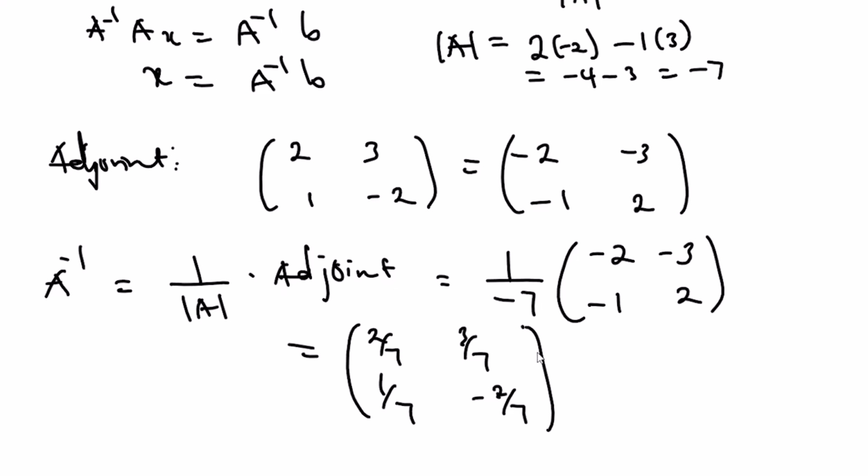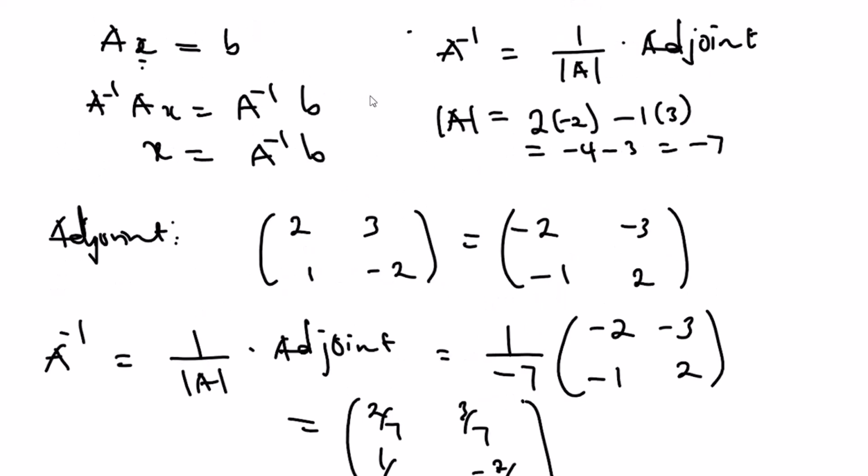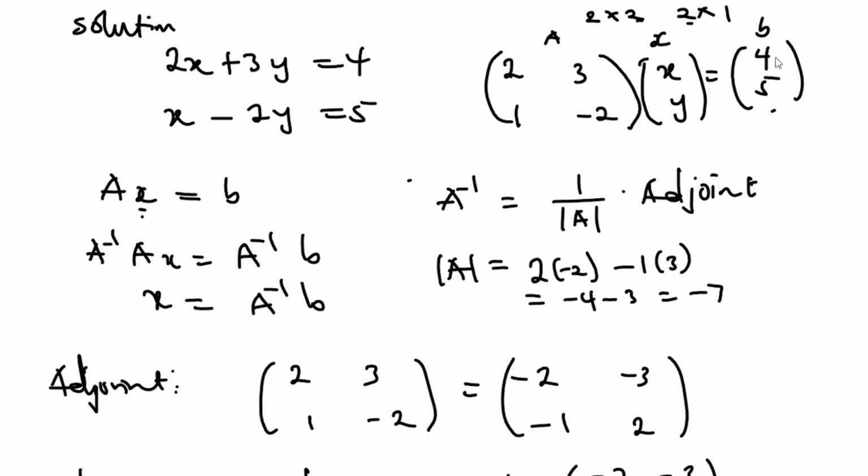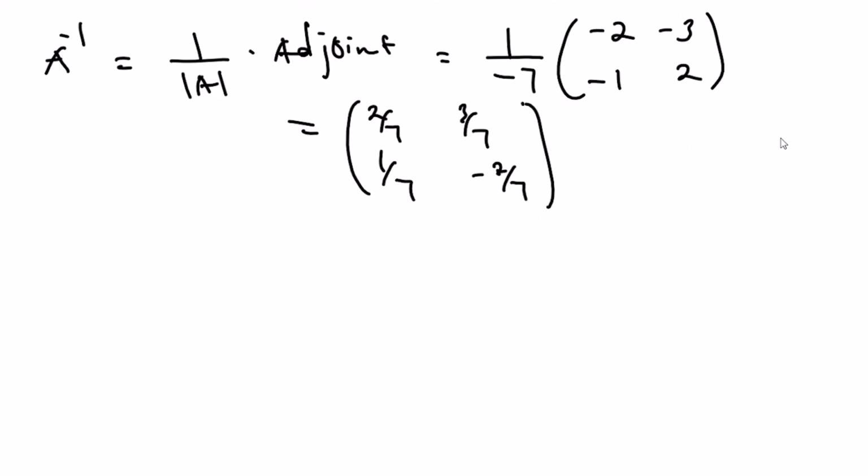Now remember we said that x will be equal to the inverse times b, and what is the b here? These are the b elements. We have 4 and 5, so it means that our x will be equal to what? The inverse of a times b. So this should be equal to what? So we have our inverse there, so we're going to multiply by what? The